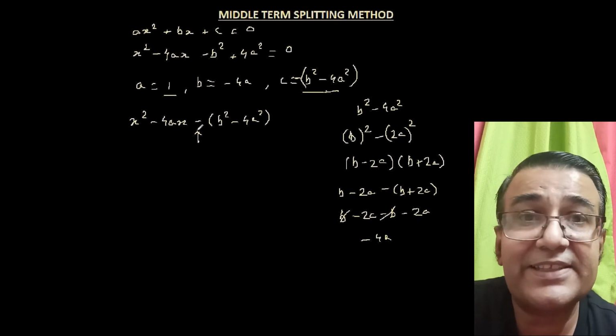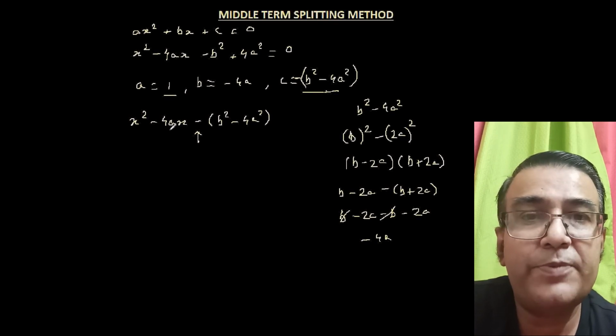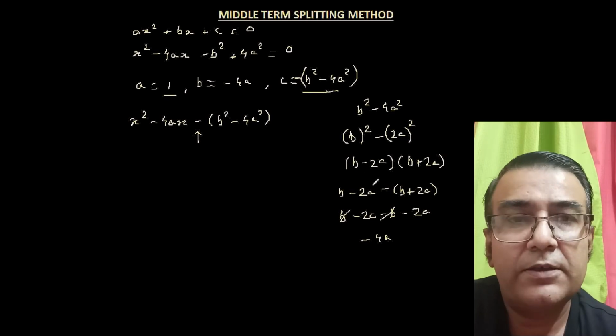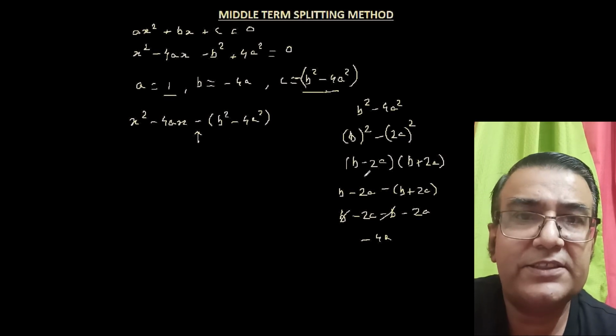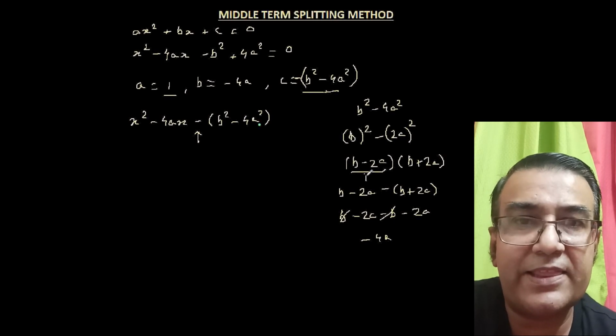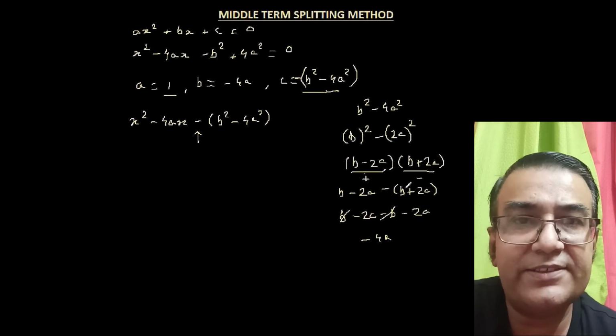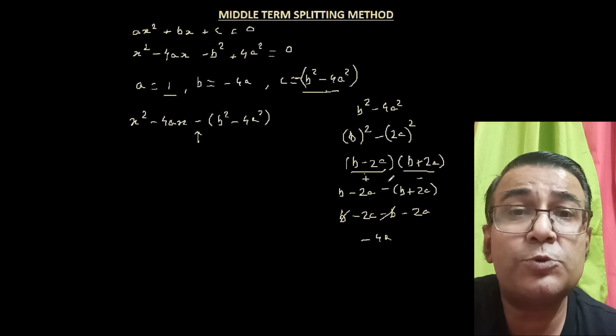And well, that's exactly what we wanted, because b is the same as what we have got. So which means that these are the two factors that we are looking for. And since we have just found the difference, we can take this as positive and this as negative. Now next step is to do the middle term splitting.